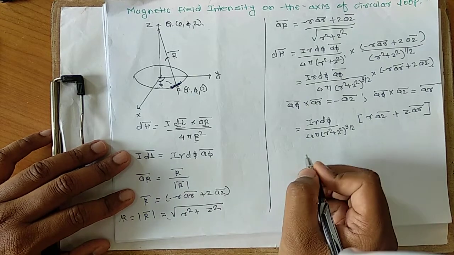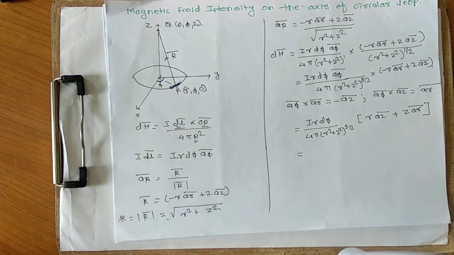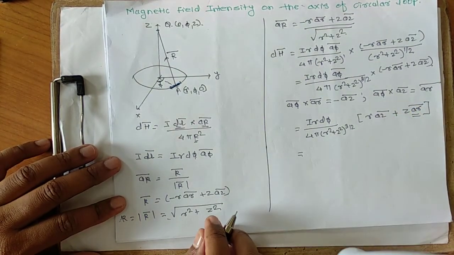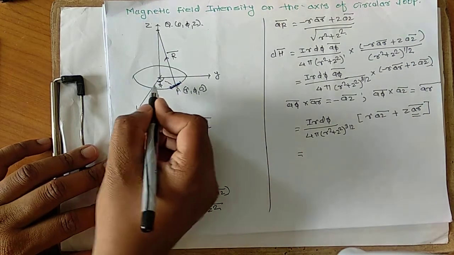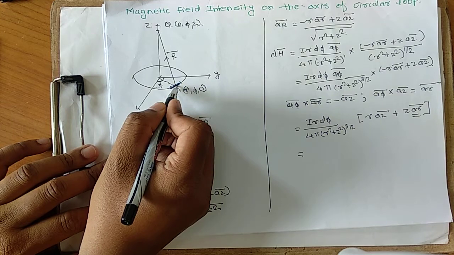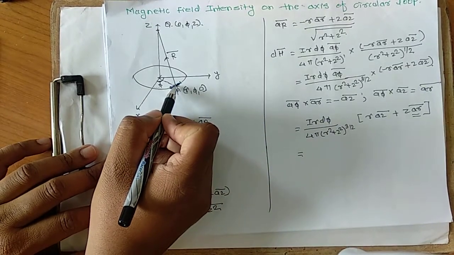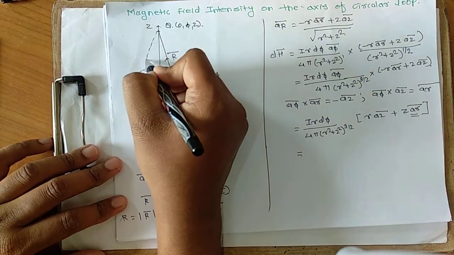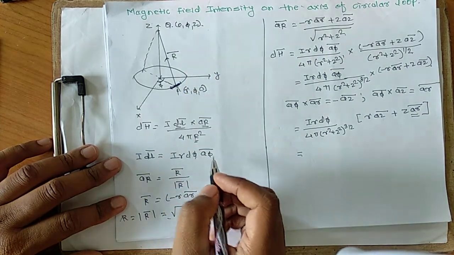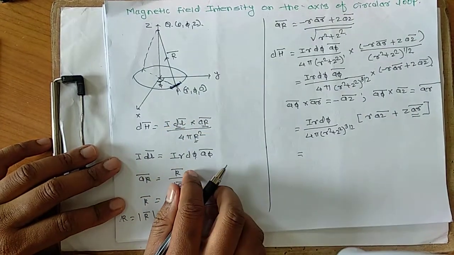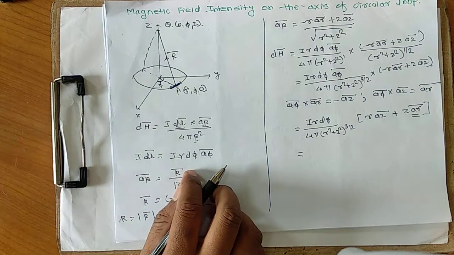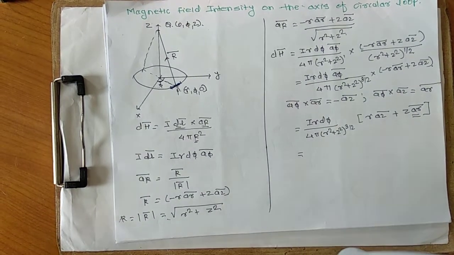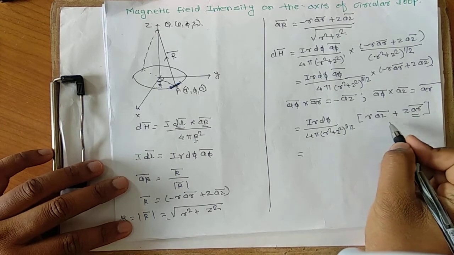Now what is next? The first step is very important. In this step, this a_R bar we are going to eliminate. Why are we going to eliminate a_R bar? Because you can see here this radius, suppose we are taking the radius r equal to 5, exactly opposite there will be an opposite radius available here, that is minus 5. So the force which appears across that a_R bar will get cancelled. What will get cancelled is a_R bar.